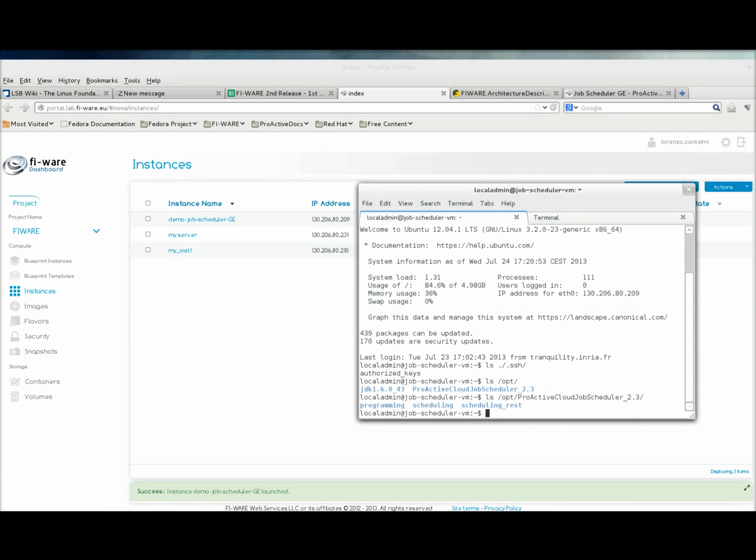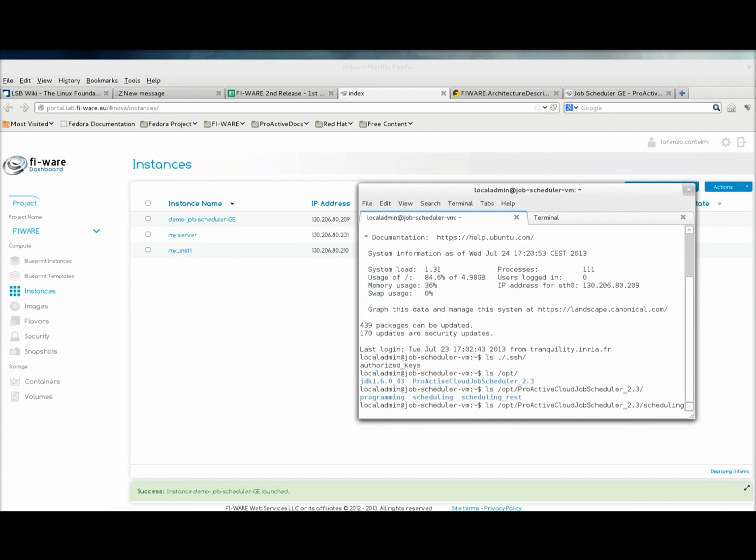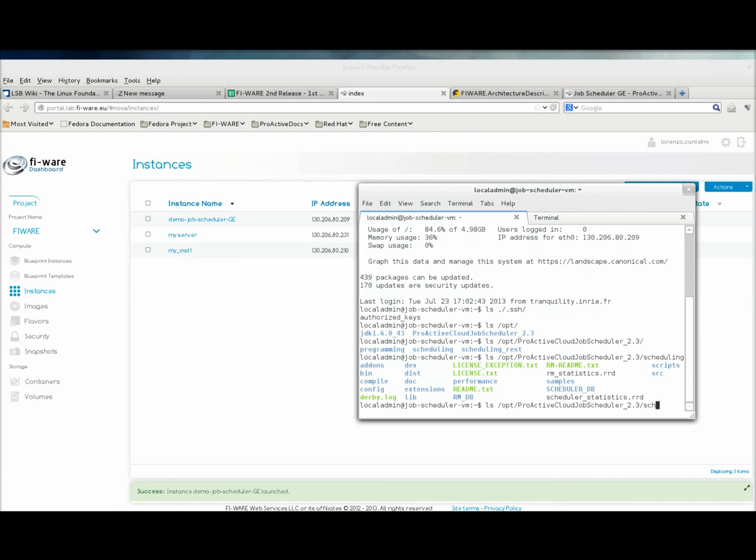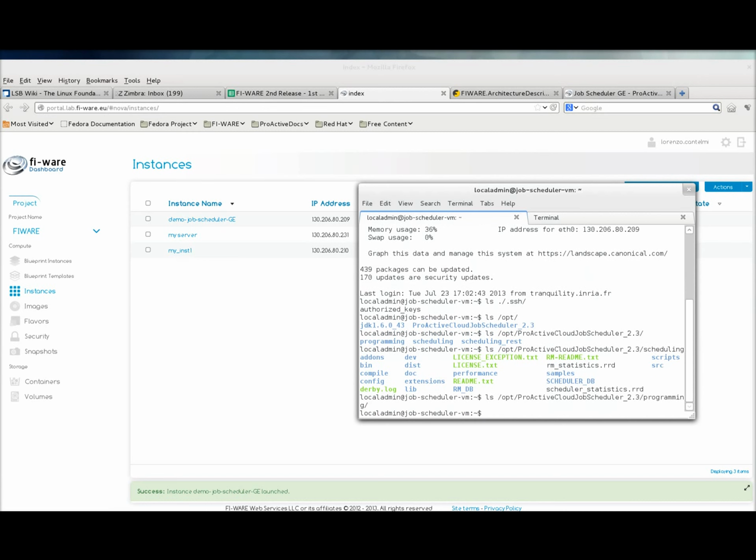Here we deleted the content of the programming and the scheduling folders, since they are not useful in order to let the service run. The main folder that is needed is just scheduling. In fact, if we check, for example, programming is empty. So at boot time, the job scheduler will create the databases, and if we list